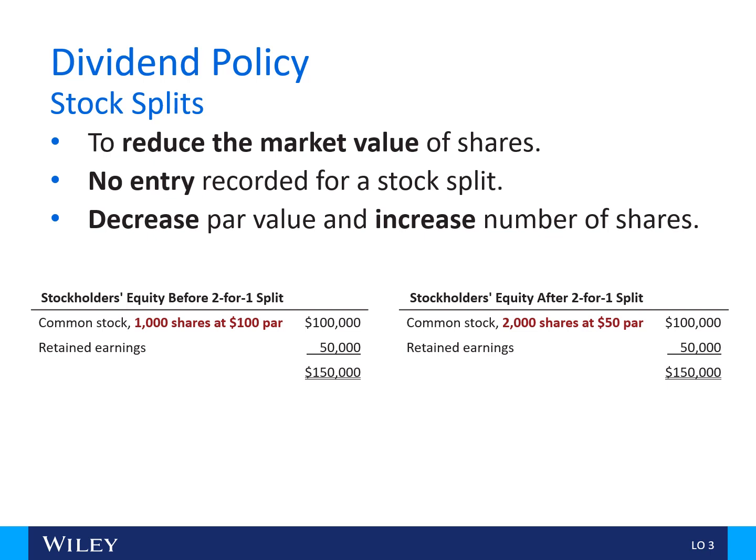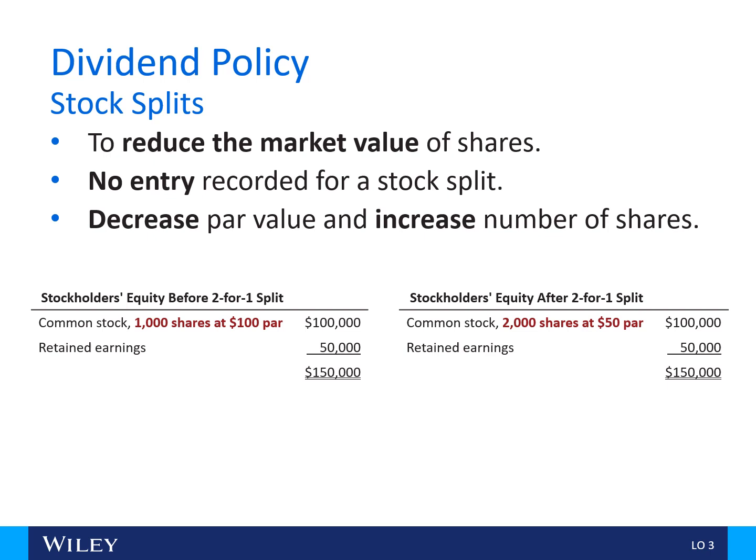Stock split. What happens with a stock split is that a company decides that the price of its stock has gotten too high, and a lot of times people want to have their stock traded at a nice sweet spot. It has happened more frequently in the last few years, where you've seen a stock like Tesla, which has done very well, have stock splits, and Apple, which has also done very well, has also had stock splits.